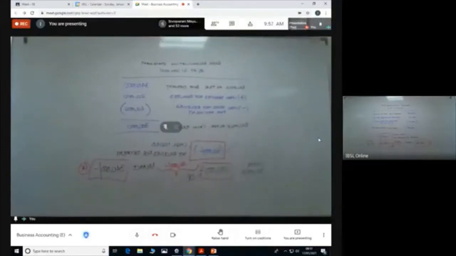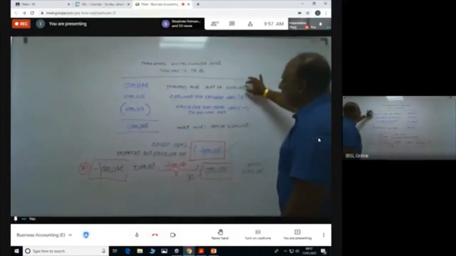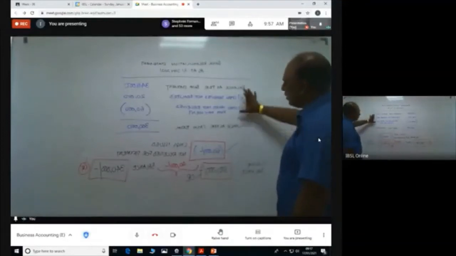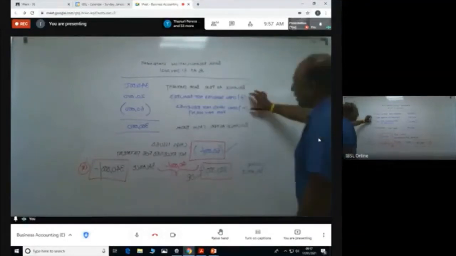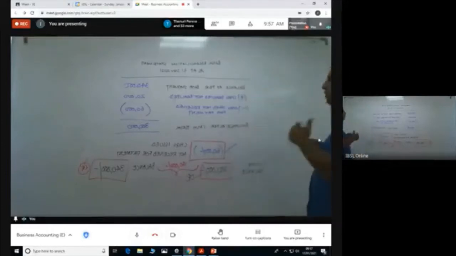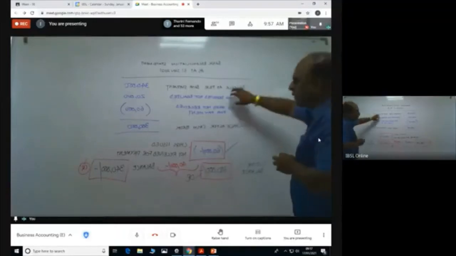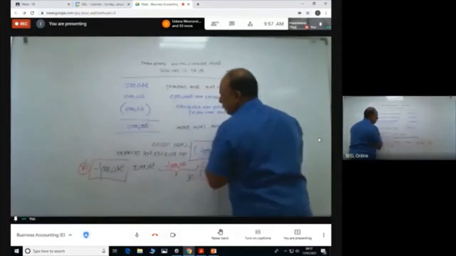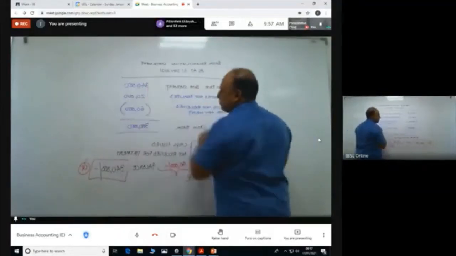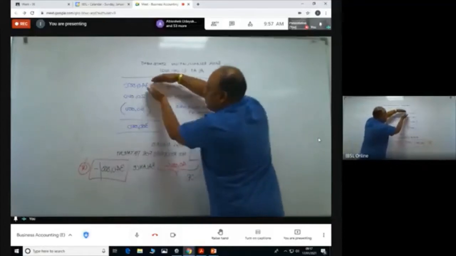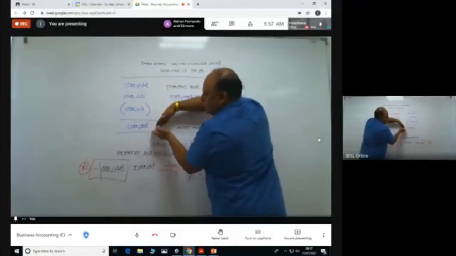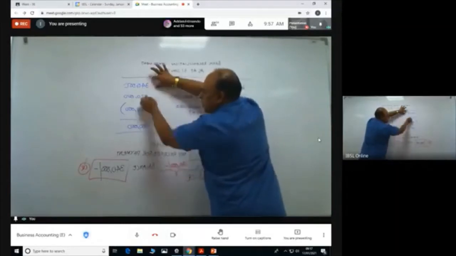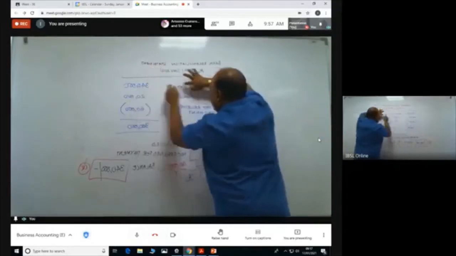Don't just memorize it, because you need to understand the concept. You need to identify the reasons for the differences. That is what we have identified. So if you have identified the reasons, then you have to logically think how this is impacting the two balances. When I look at the checks deposited not realized, that amount is included here already, but it is not included here. So I am trying to start from here to reach up here. So what do I need to do? Something that is not included here, I need to add it.